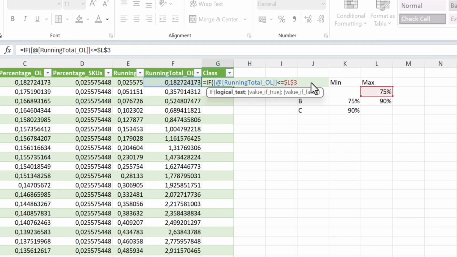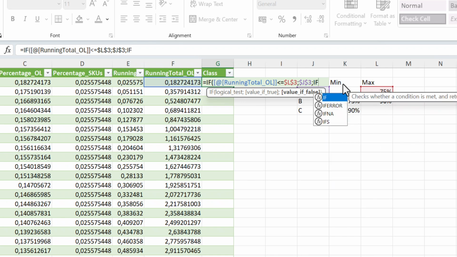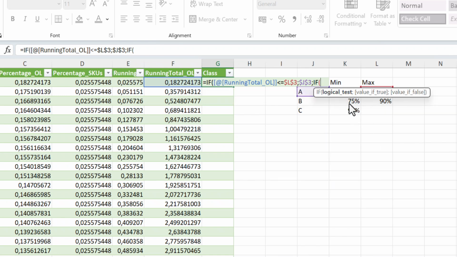So that wasn't a dollar sign, this one is. Then this is an A product. And again, I want to make this a fixed reference, so I include the dollar signs. If it's not less than 75%, then I want to include a second if function. Well, if it is more than 90%, so this value is more than 90%, and again, we want to make this a fixed reference,